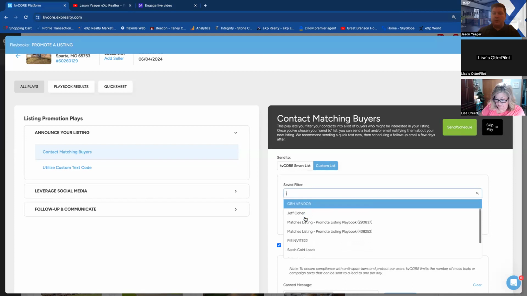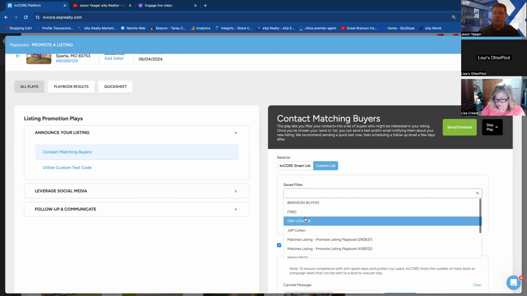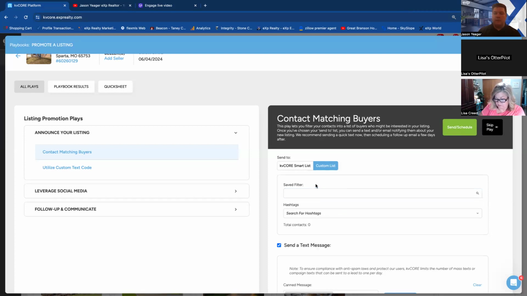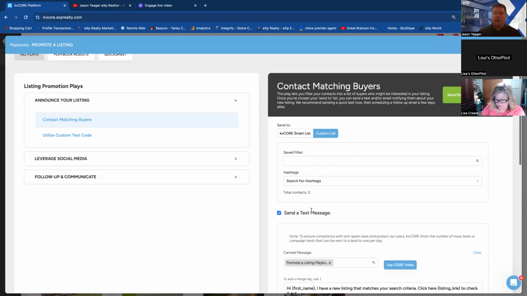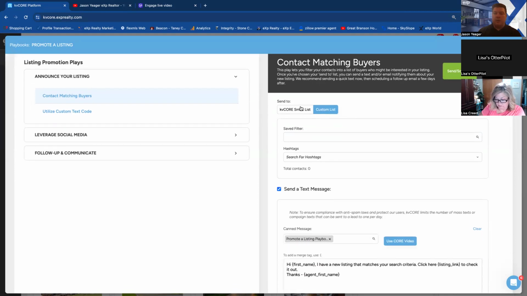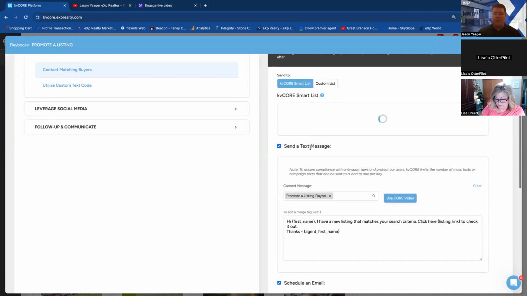That's all these quick little saved filters that we've already established in my particular database, right? But if you have hashtags, you're going to put them here, okay? Now, down below the KvCore Smart List is also send a text message, and then they have